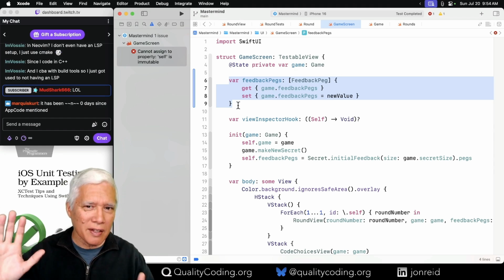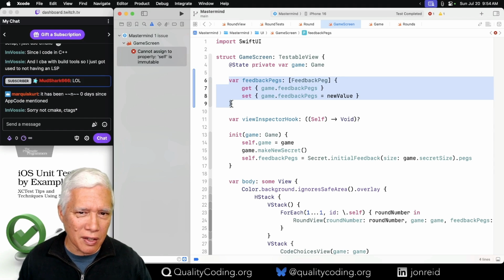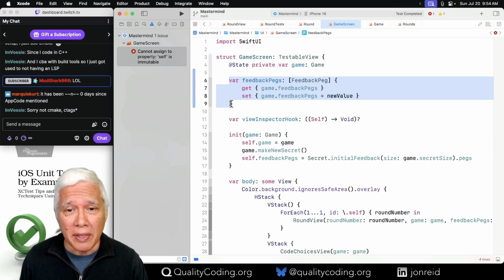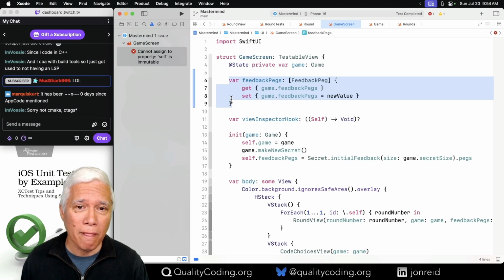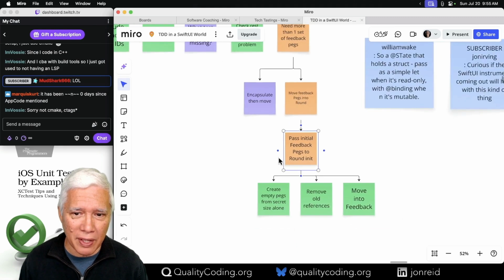This is the self-encapsulate step that Martin Fowler describes, just in a different format. But that doesn't work inside of a view because we're missing state.